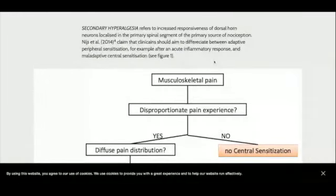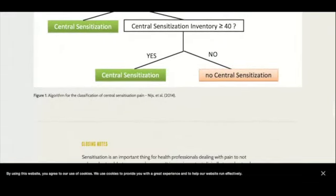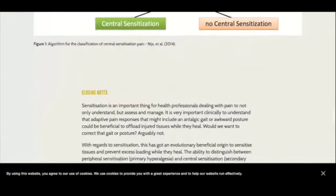And secondary hyperalgesia refers to increased responsiveness of the dorsal horn neurons localized in the primary spinal segment of this primary source of nociception. So then you're talking about your central nociplastic changes that we've been looking at with our calming nerve session. We looked at how descending inhibition affects the changes at the dorsal horn. We have neuroimmune adaptations and changes in receptors as to how much nociception can pass through. These things are what we call nociplastic or central changes, and if they continue, they can often last a lot longer than